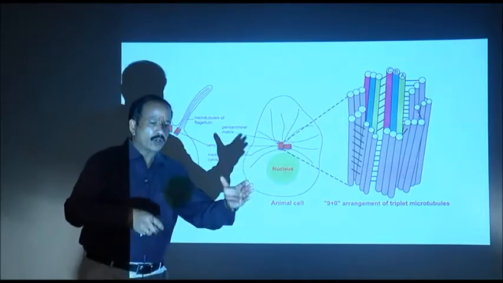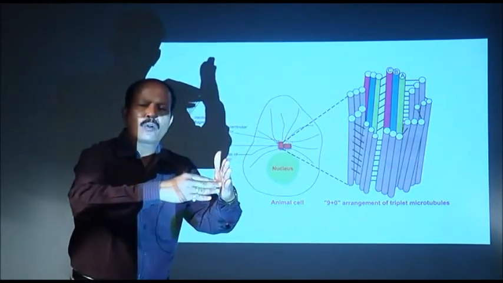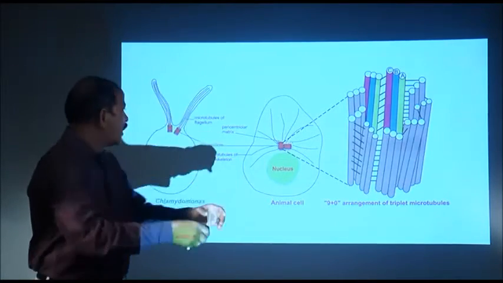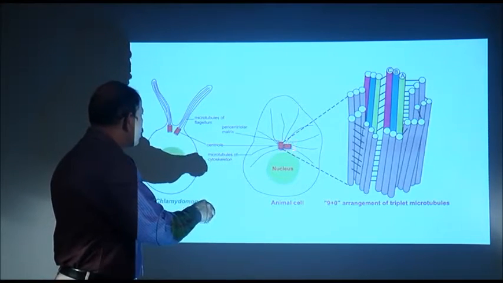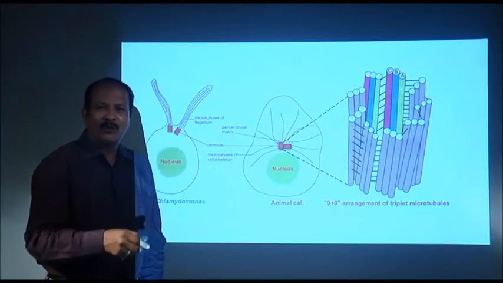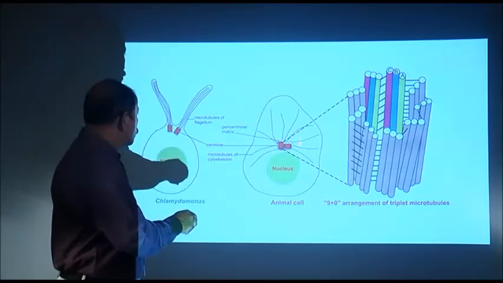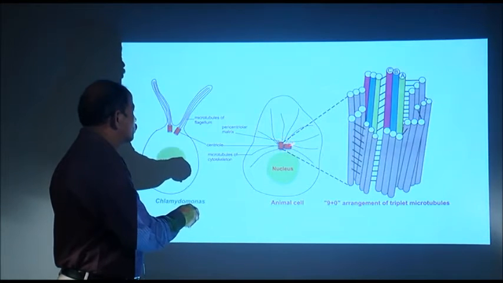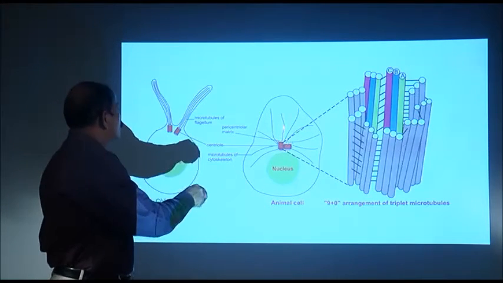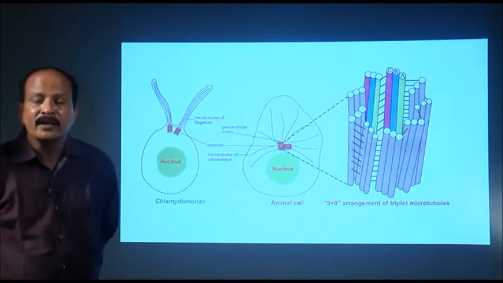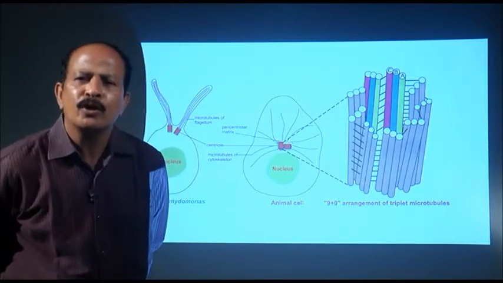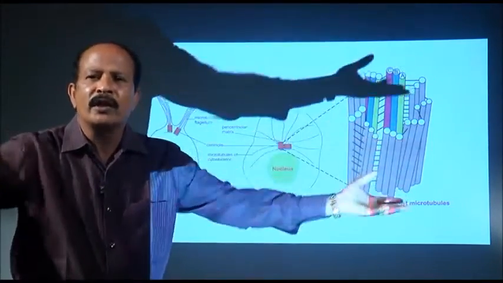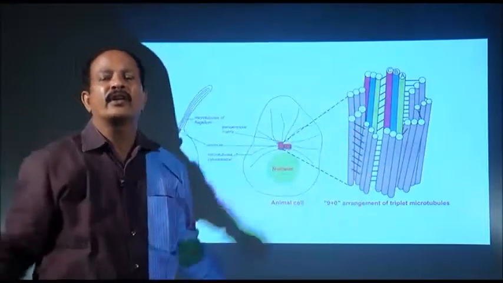Centrosome means here two centrioles arranged perpendicular to each other, the red structures perpendicular to each other, and then surrounded by dots. These are gamma tubulins. Microtubules we have seen made of alpha and beta, but these dots are gamma tubulin proteins. So, they are amorphous structures surrounding these two, and from there these microtubules radiate. I will just say the function of the centrosome is that it is the center from which microtubules originate, form and spread in different directions.